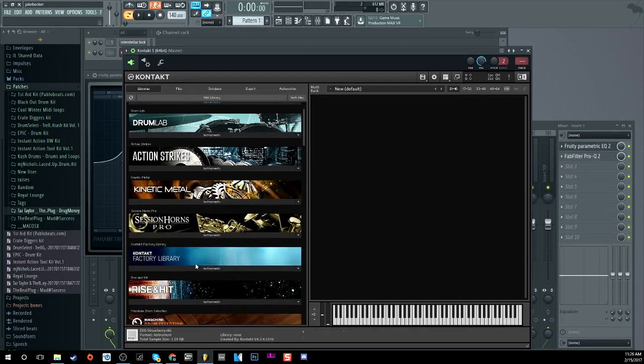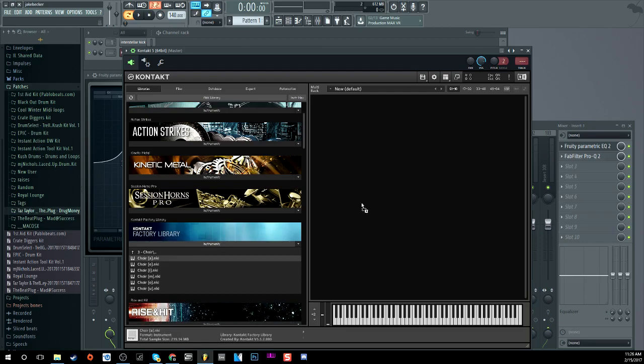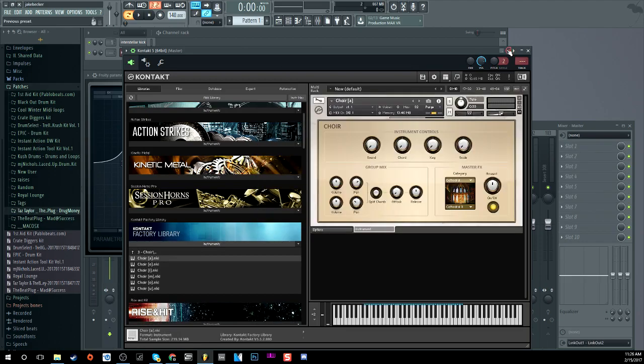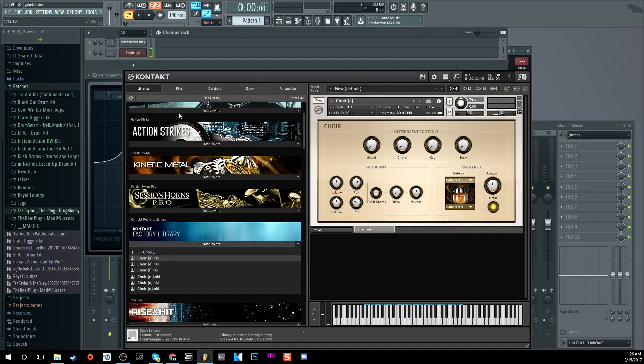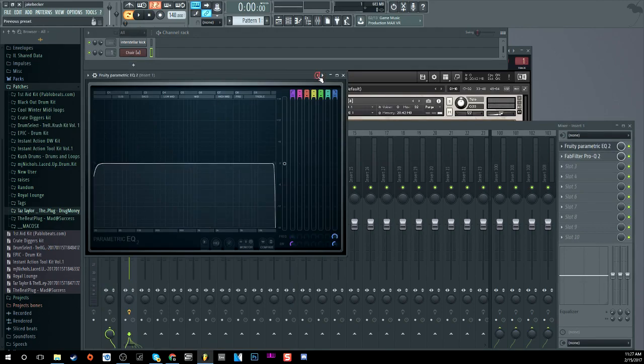All right, then we're gonna go to library. Then we go to choir, and my favorite choir, which would be Choir Oz. And I don't have my keyboard right now. Shit, it's unplugged. Oh well. There we go. Put on one. All right. Now we're just gonna reset this EQ to default. Now, one thing I like to do with sounds like this